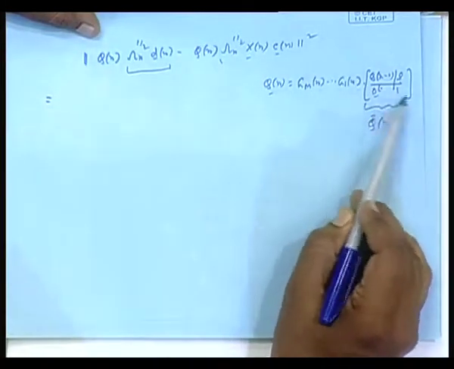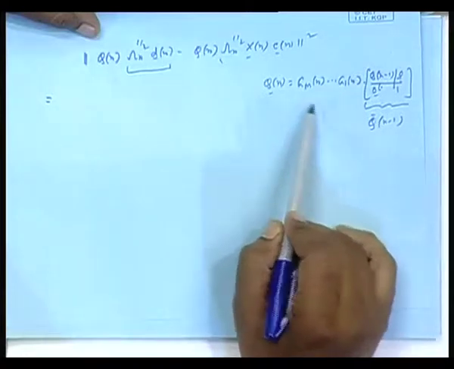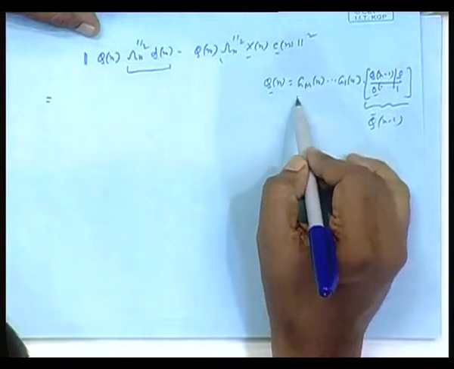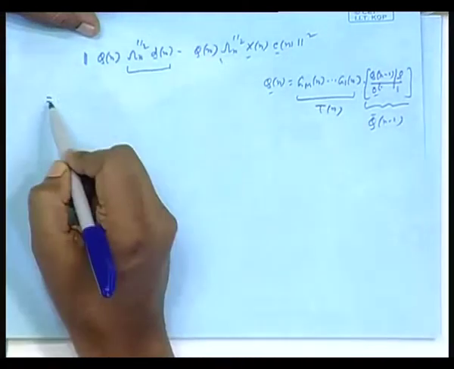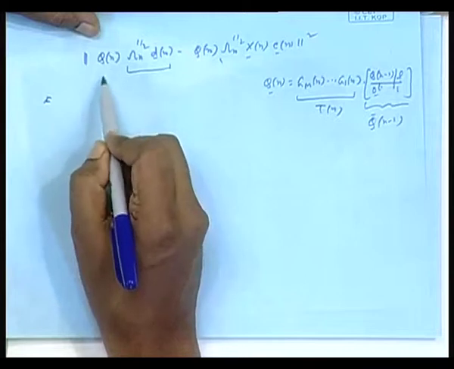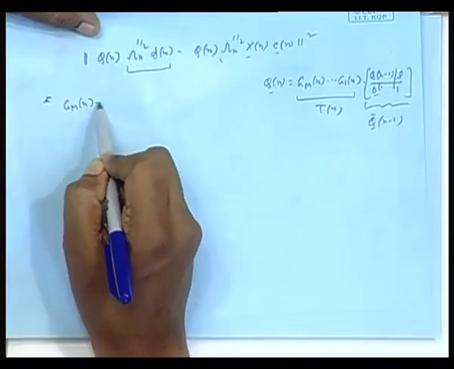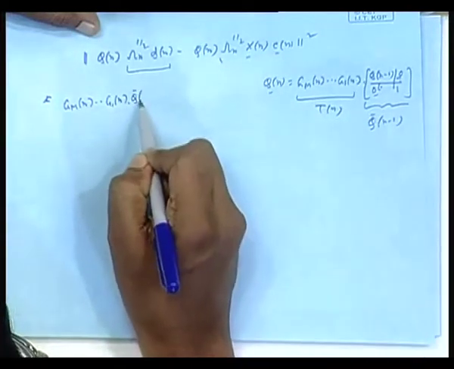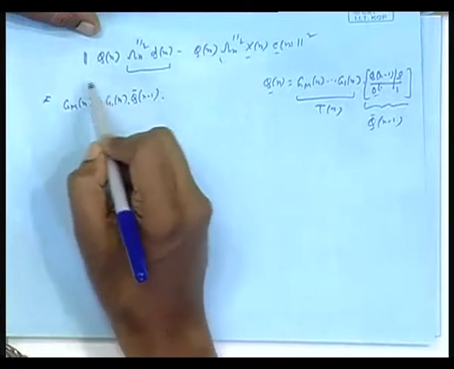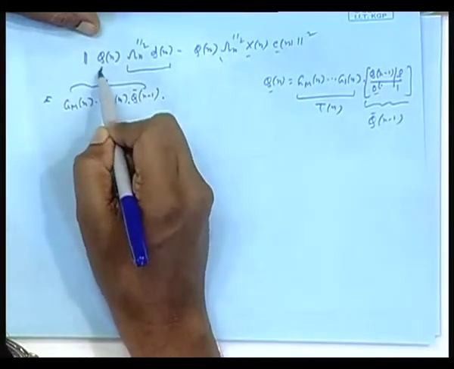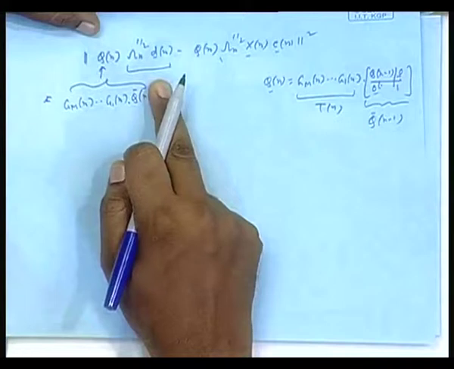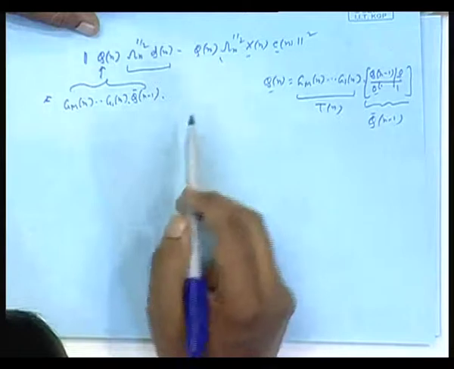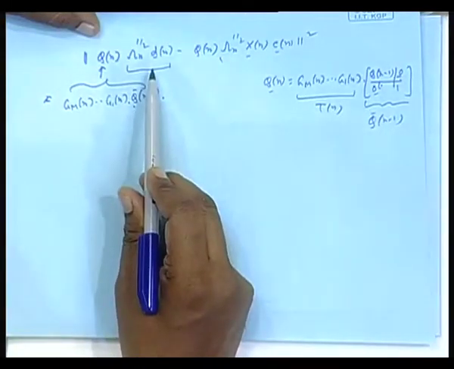In practice, you do not have to compute this Q at all, you just have to carry out these rotations. m rotations you have to apply, and as you go on doing these rotations, and this part I call Tn, you have to apply the same thing here also. Here it means the same Qn. So, Gmn dot dot dot G1n into this Q bar n minus 1 will work on this vector,